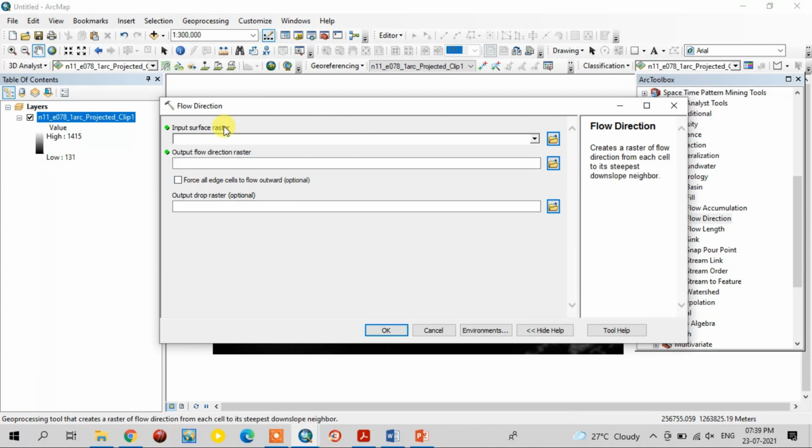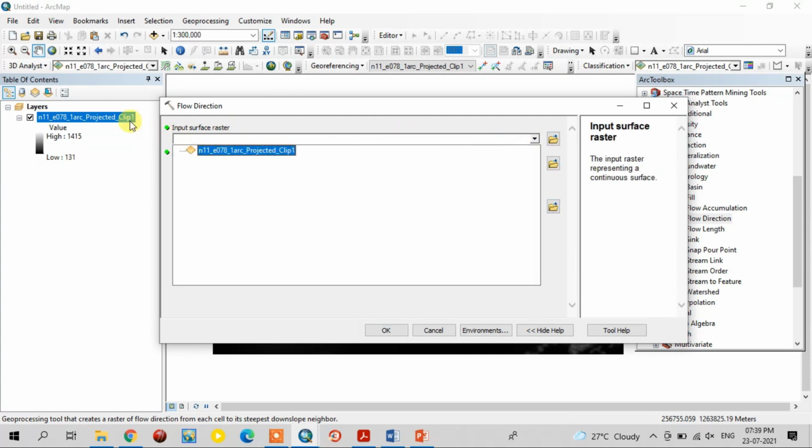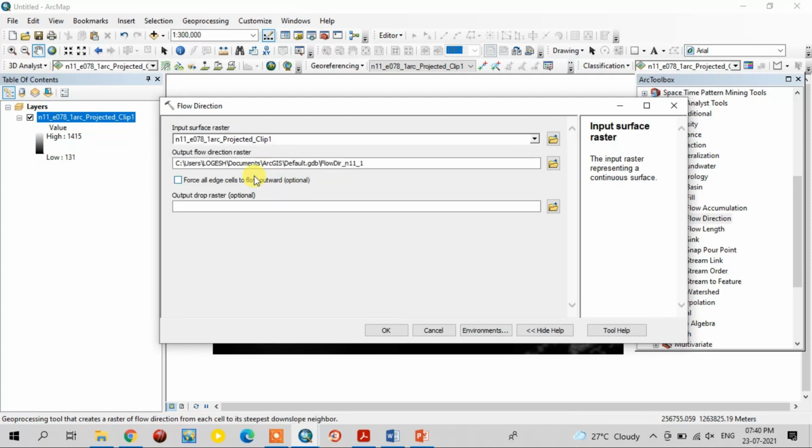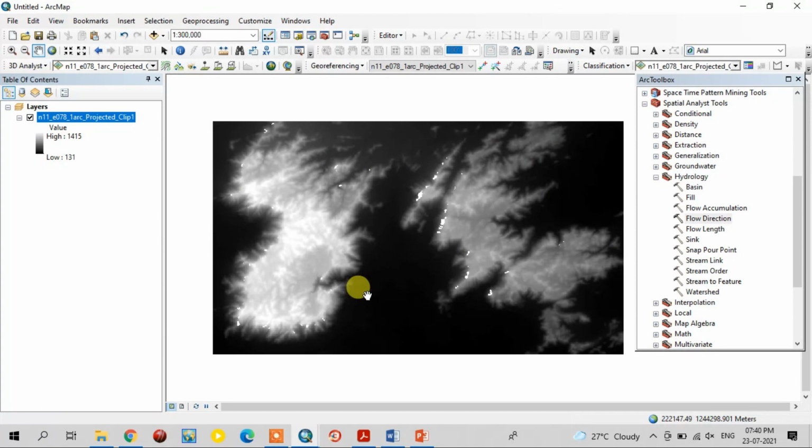Select the input surface raster as our DEM, digital elevation model data. If you want to change the output location, you just change it. Otherwise it will save in the default location.